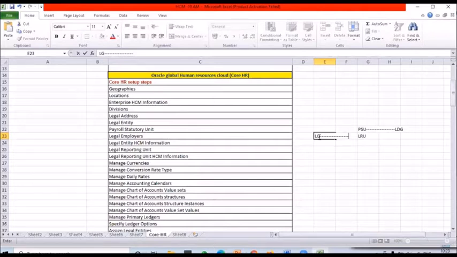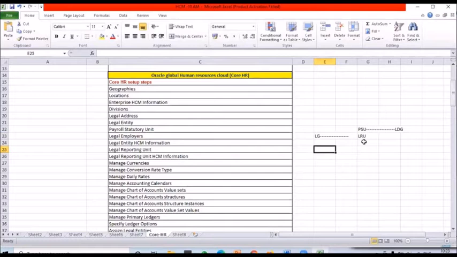It's generated by the system only. In our traditional practice, we have a number of taxes to be submitted to the government. For different reporting units and different addresses, you submit the taxes for your employees or any kind of taxes. In that case, as per the requirement, you can create any number of legal reporting units. But when you create the legal entity, the system generates one reporting unit.